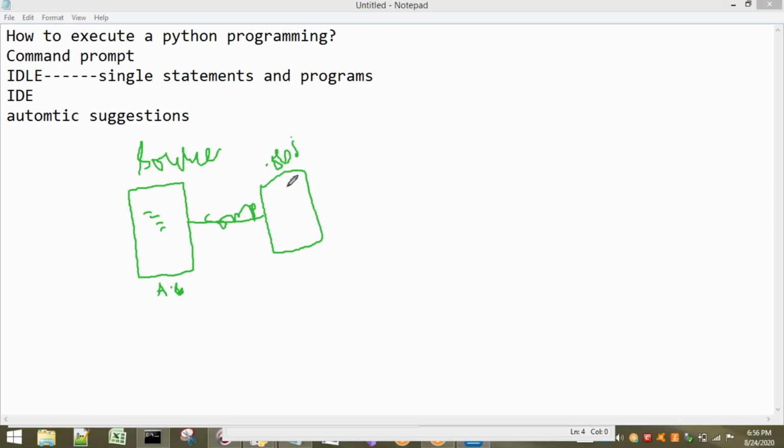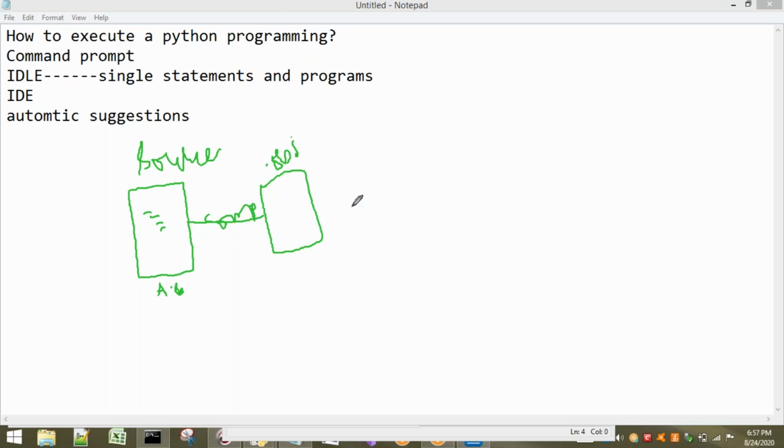So this .obj file contains zeros and ones. Already in a previous session I explained that our computer can understand only binary language. So what the compiler does is convert our high-level code. It checks whether the code we have written is correct or not. It will check mainly syntax, and whether whatever statement we have written is present in the C language or not. The compiler is going to check this.